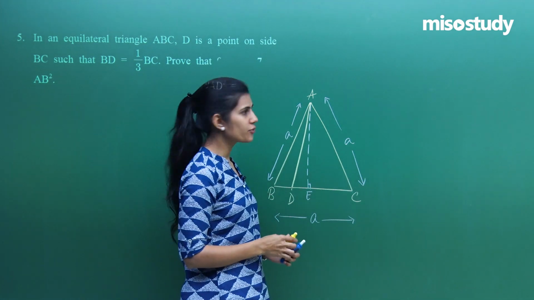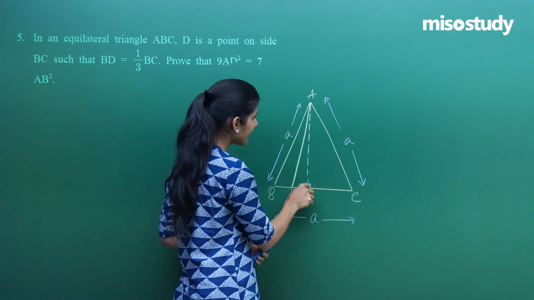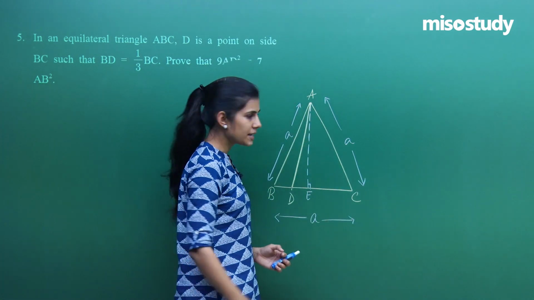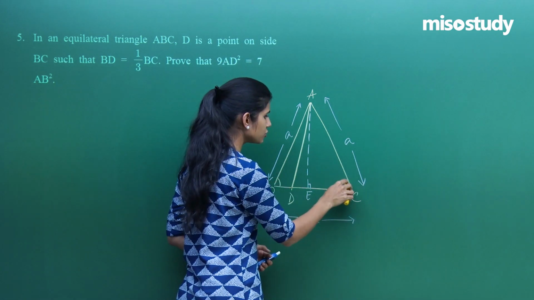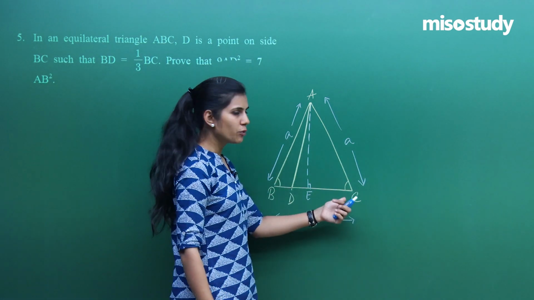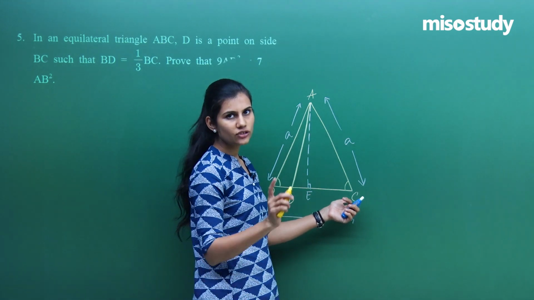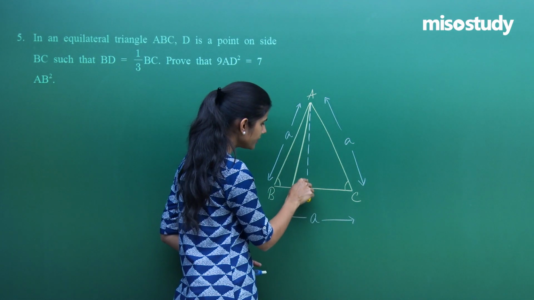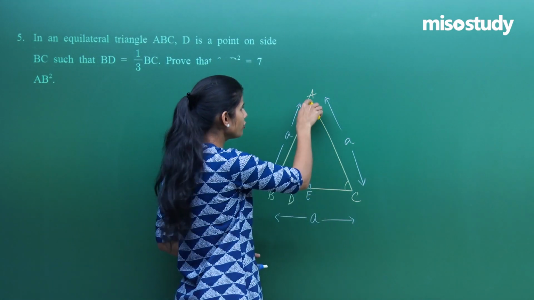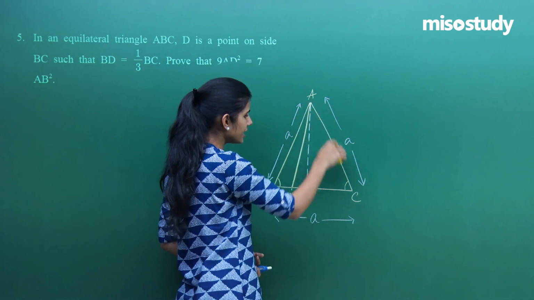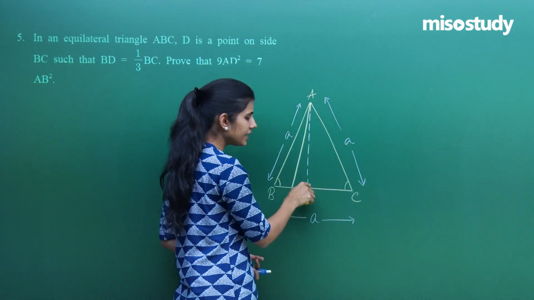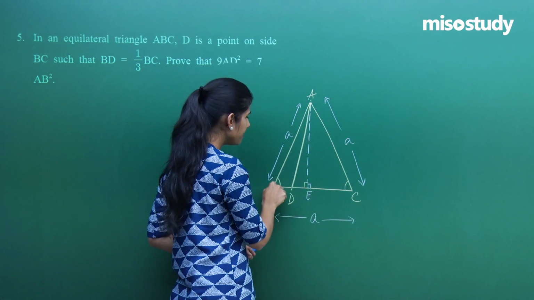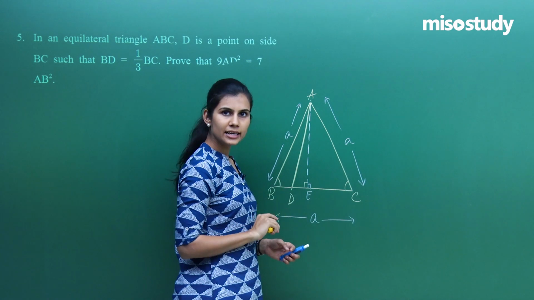Now please try to understand what I am trying to say. In triangles ABE and ACE, if these two sides have first of all the same length, then the angles opposite to them are going to be equal. So angle B is equal to angle C. We know in an equilateral triangle each angle is 60 degrees. So this is 60 degrees, this is 60 degrees, this is 90 degrees, and even in here this is 90 degrees. So if I talk about triangle ABE and triangle ACE, angle ABE is equal to angle ACE, one angle the same. Angle AEB is equal to angle AEC, another angle the same.